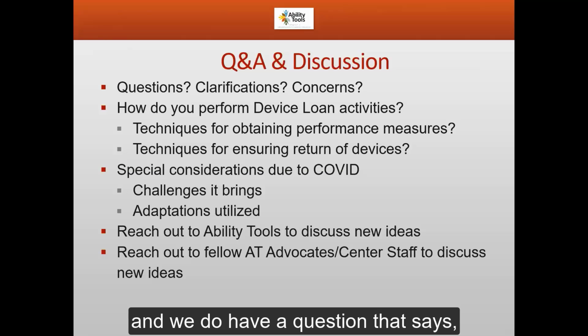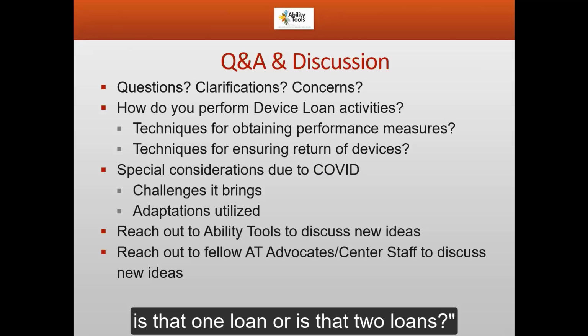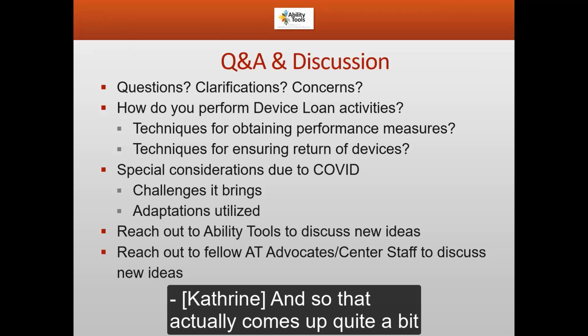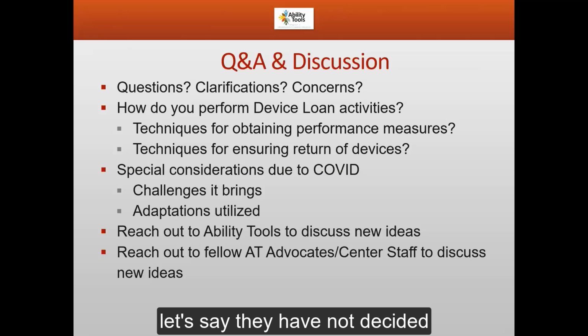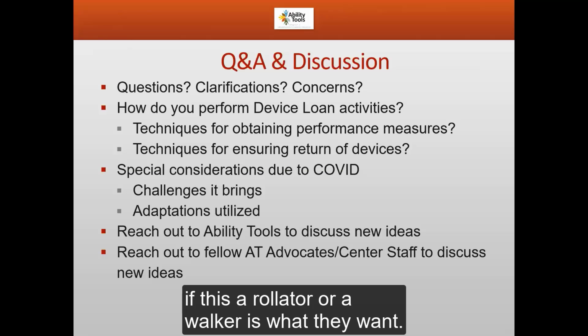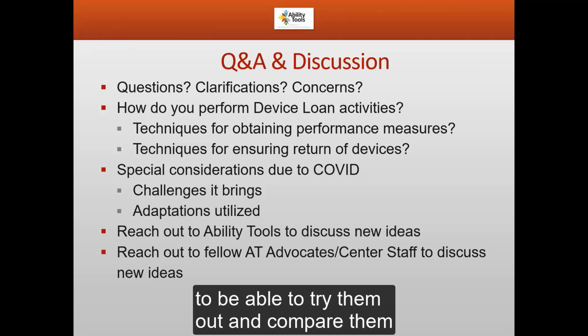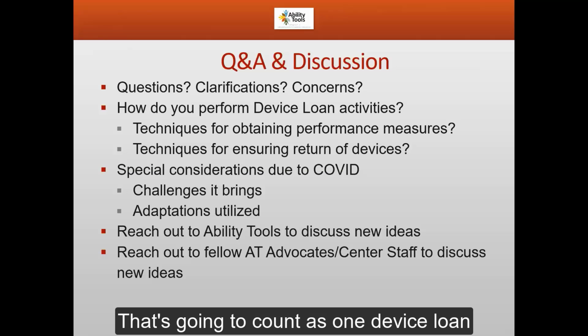And we do have a question that says, if a consumer borrows 2 items at once, is that one loan or is that 2 loans? And so that actually comes up quite a bit. In the instance of a consumer borrowing, let's say they have not decided if a rollator or a walker is what they want. So they borrow both of them to be able to try them out and compare them for their need to be able to have better access to mobility. That's going to count as one device loan, because